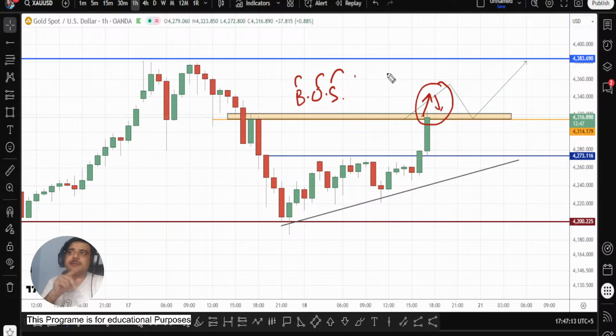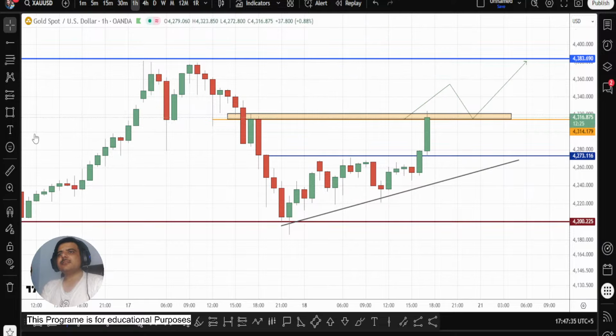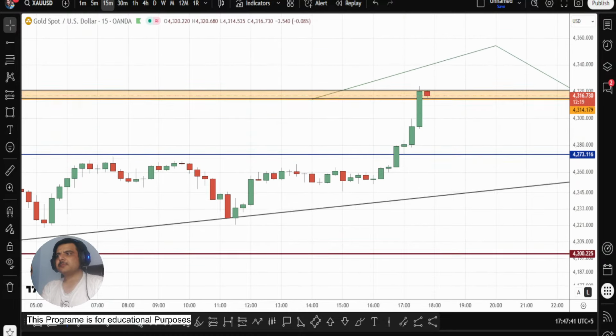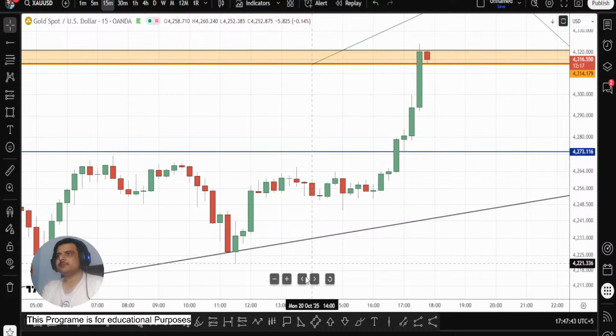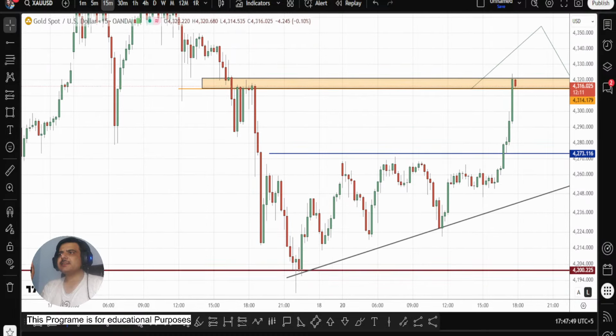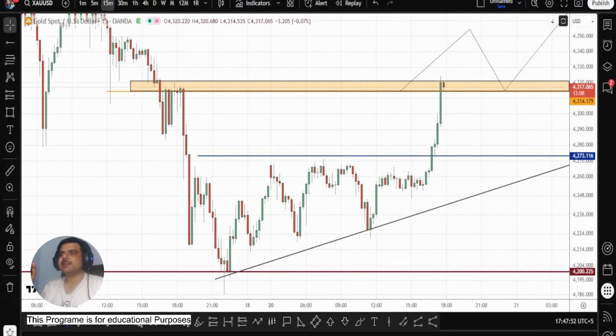On which time frame? Now there are like 9 time frames. We will say on the H1 we have got a breakout. Now if we are willing to trade on the H1 breakout, we can look right here on the 15-minute, and on the 15-minute it seems as if it gave that structure break right here.